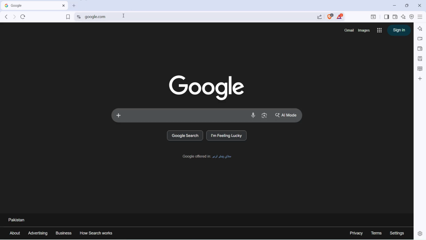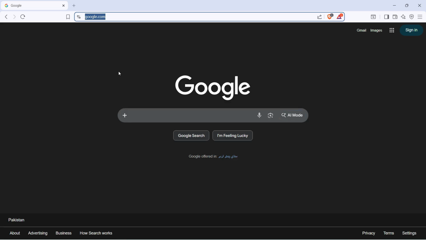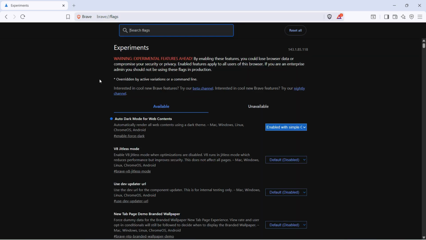As you can see, the theme is turned to light mode, but Google is still showing in the dark mode. So what we need to do is we just close it once, and then when you open it back, it might or might not show you in dark mode. So what we have done, we have moved one step further, where we just need to disable this from Brave